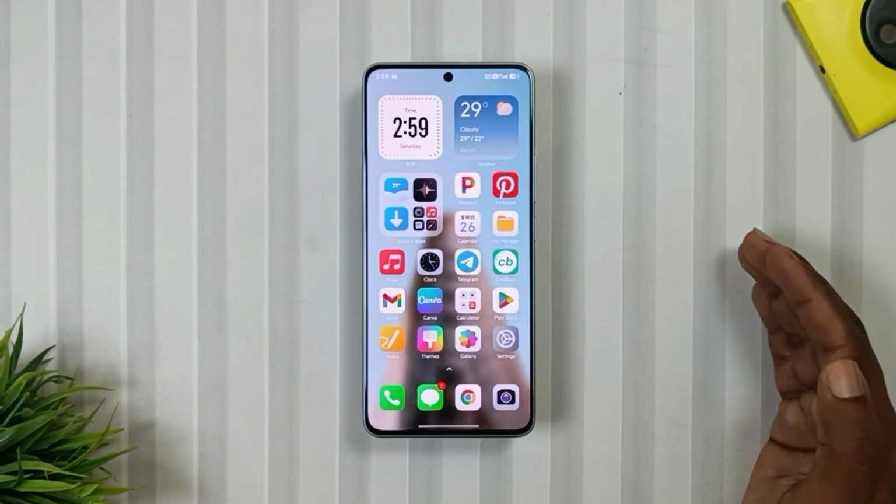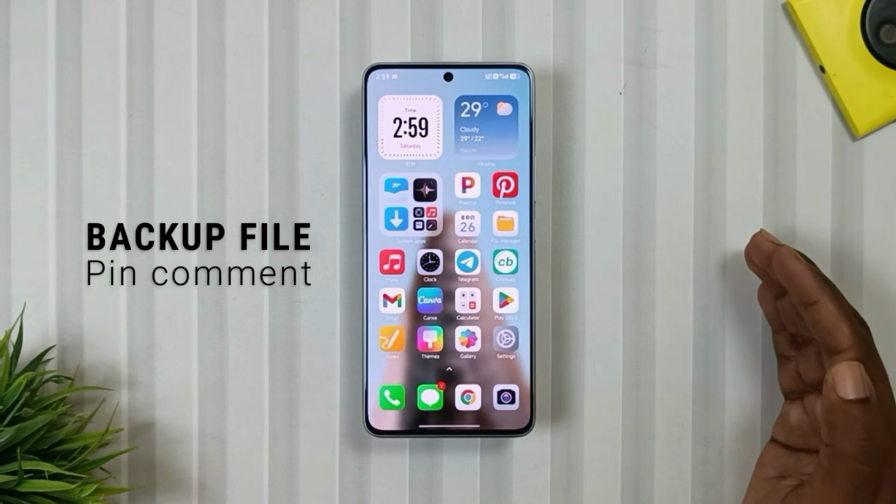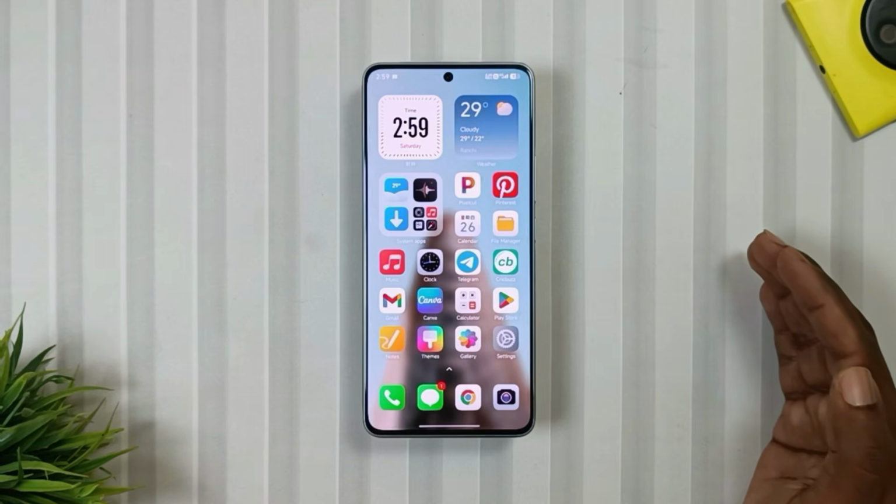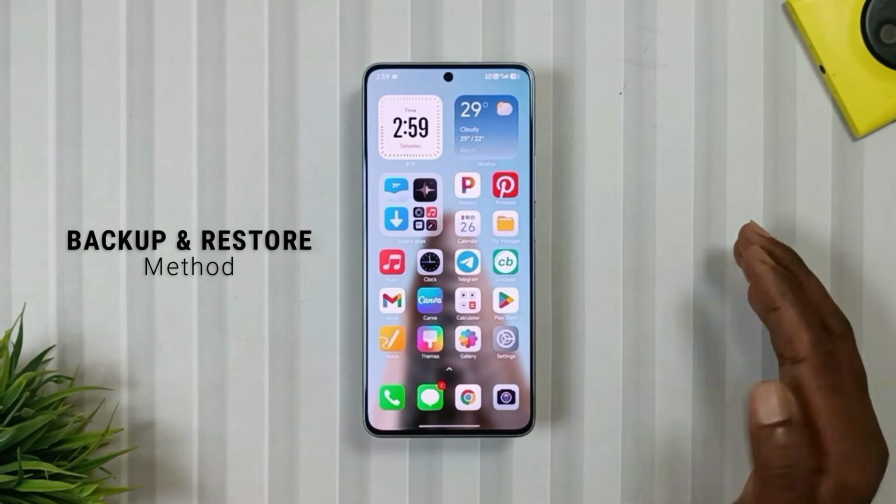So these were its features. Now let's talk about how to apply them. First, you have to go to the pinned comment below, not now, after the video, and you will find a drive link. Click on it and download the backup file. Then install it using the backup and restore method. After that, when you go to your theme store,